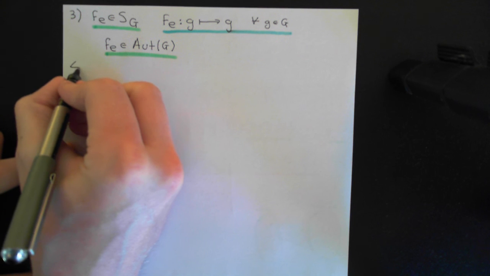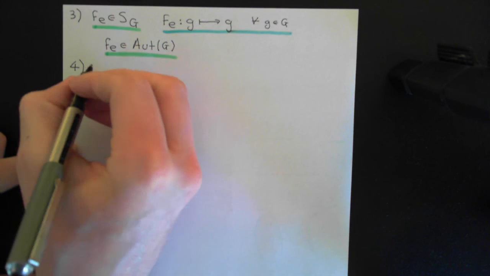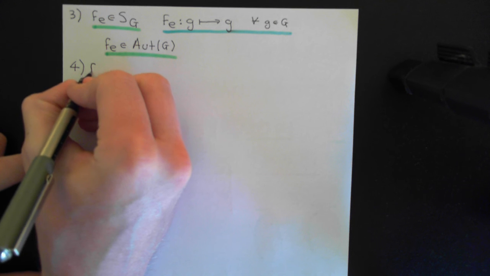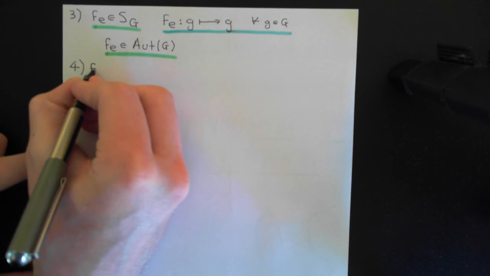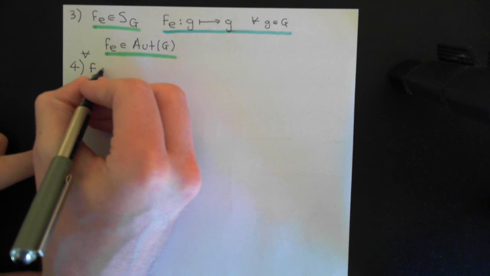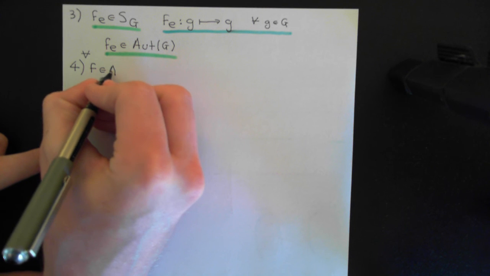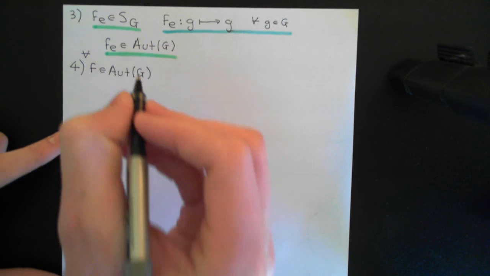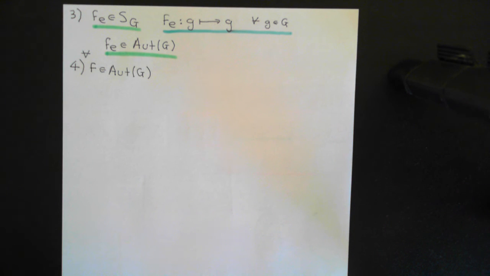Okay, right, so now we've only got one more axiom to actually prove, and that is the fourth and final axiom of group theory. Okay, so axiom number 4. So what we need to show for axiom number 4 is inverses. So we need to show, and I've missed out the for all sign again, I'll just squeeze that in there. So for all f, which is an element of the automorphism set on the group capital G,